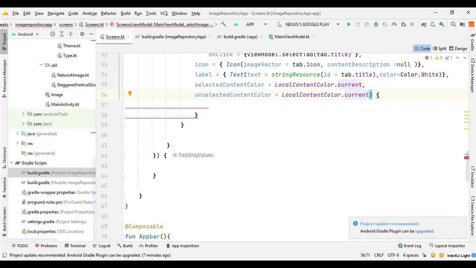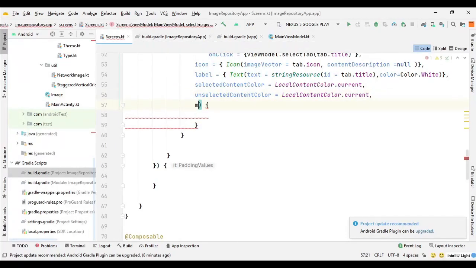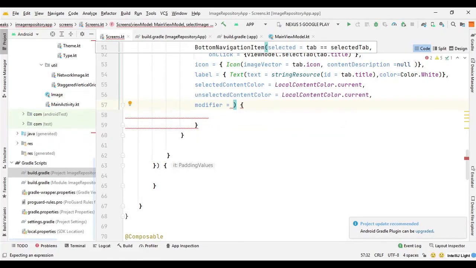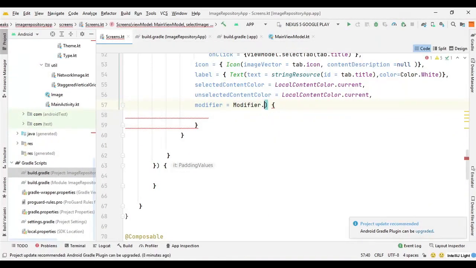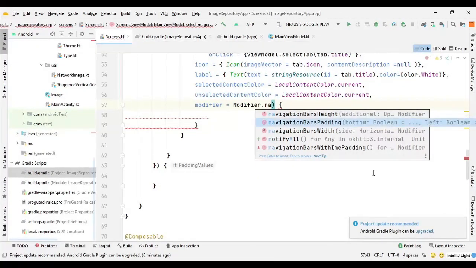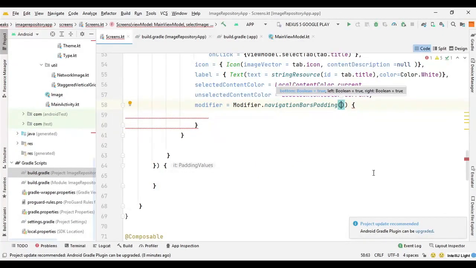And we need the paddings to apply additional space which matches the height of the navigation bar along with the bottom edge of the content, and additional space which matches the width of the navigation bars on the respective left and right edges, so we can say modifier equals modifier.navigationBarsPadding, and it will just apply by itself.